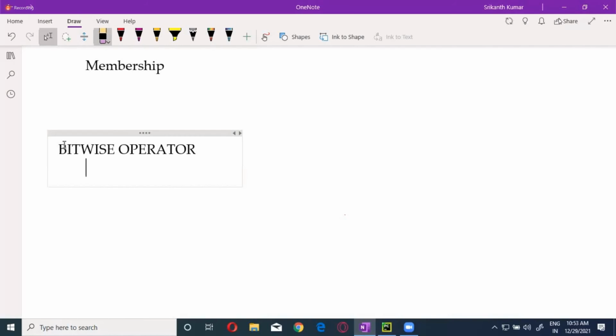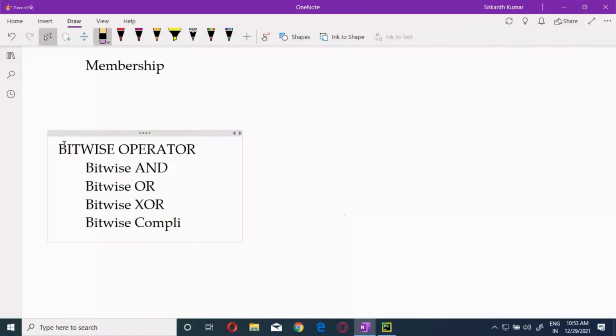So the bitwise operators are: bitwise and, bitwise or, bitwise XOR, bitwise complement, bitwise left shift, and bitwise right shift.